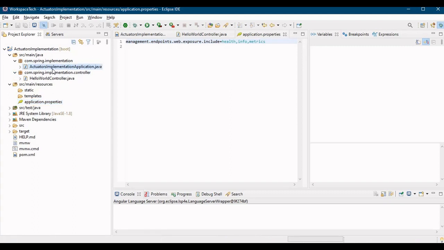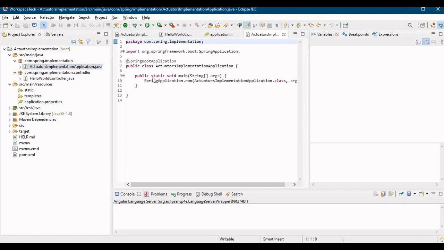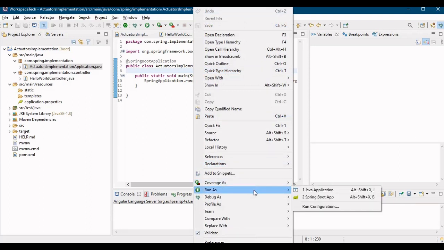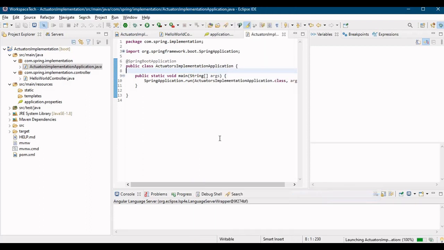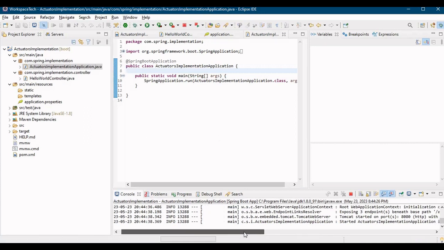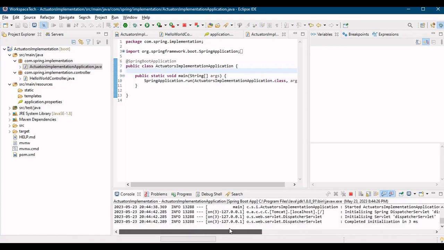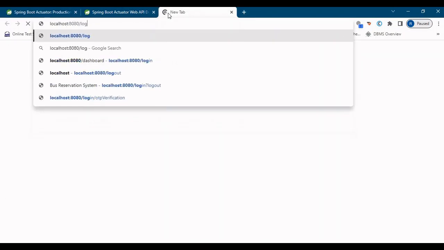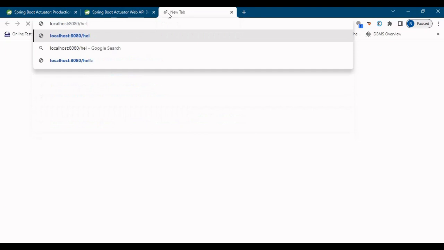So now we can start running the application and check what all is running and what all things these endpoints of health, metrics, and info will tell us, right? So let me go to run and run as Spring Boot application. So my application has started, right? Actuator implementation application has started. So let me go to the browser and first hit the endpoint localhost:8080/hello,